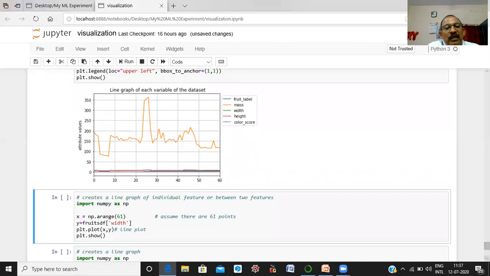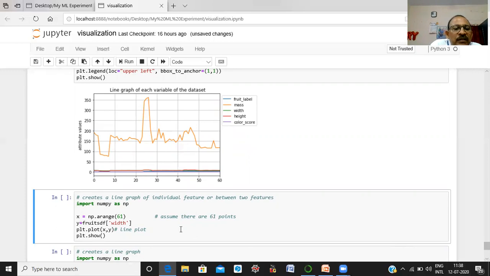Suppose we want to draw a line graph of individual features or between two features. We want to draw a line of an individual feature or individual variable or between two variables.